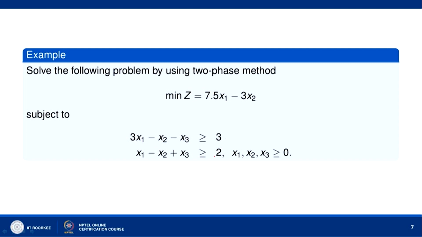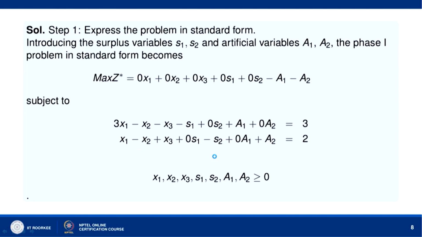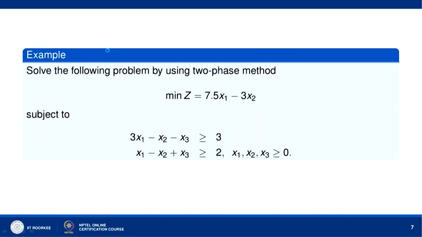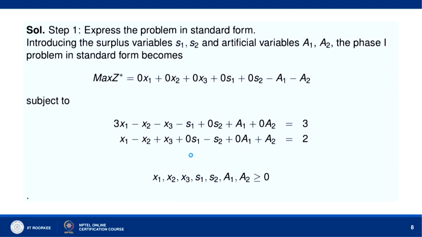First we will convert this minimization problem to a maximization problem. Step 1, express the problem in the standard form. Introducing the surplus variables, we see this is greater than or equal to type, and this is greater than or equal to type. So, we will have to take 2 surplus variables and also 2 artificial variables. Introducing surplus variables S1, S2 and artificial variables A1, A2, the phase 1 problem in standard form becomes